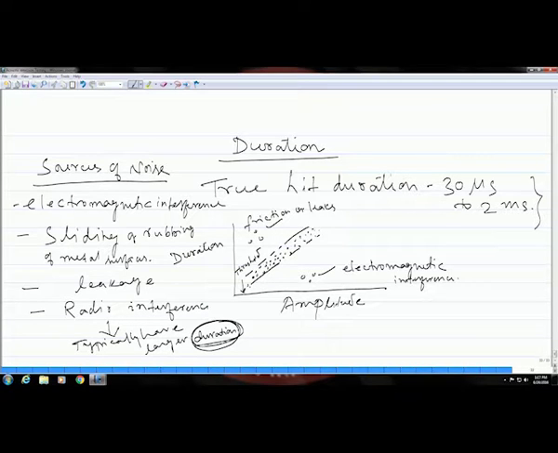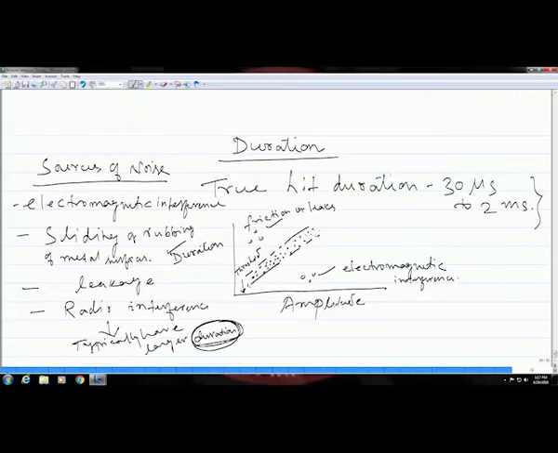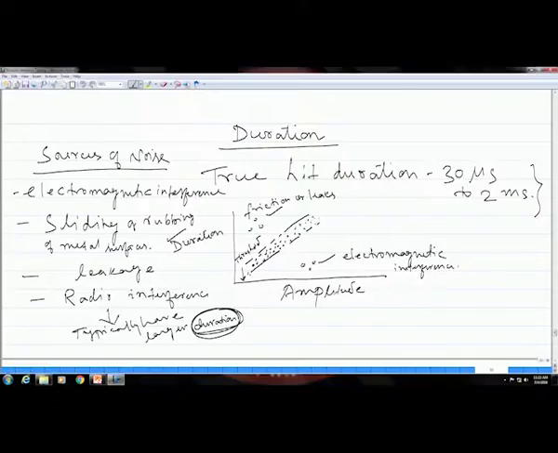Okay, so, like this, with the help of this particular parameter, duration, and with the help of this kind of plot, you can identify the noise which is there in the signal, and then with the help of the electronics in the instrument you can filter out this noise and finally characterize the actual data and display it. Okay. So, this is an important aspect of this technique, to filter out the noise first.